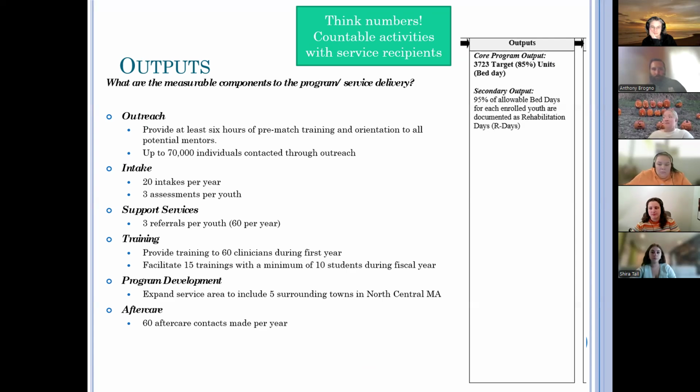So 70,000 individuals, it shouldn't be "could be contacted." That'd be a lot of people to contact through outreach. What's the better word? 70,000 would usually be those social media posts. Our old YouTube channel, we'd see the number of views. Another example: we used to have billboards, and the billboard company would give us the numbers of assumed people that drove by that billboard, and we could say 70,000 people saw that billboard.